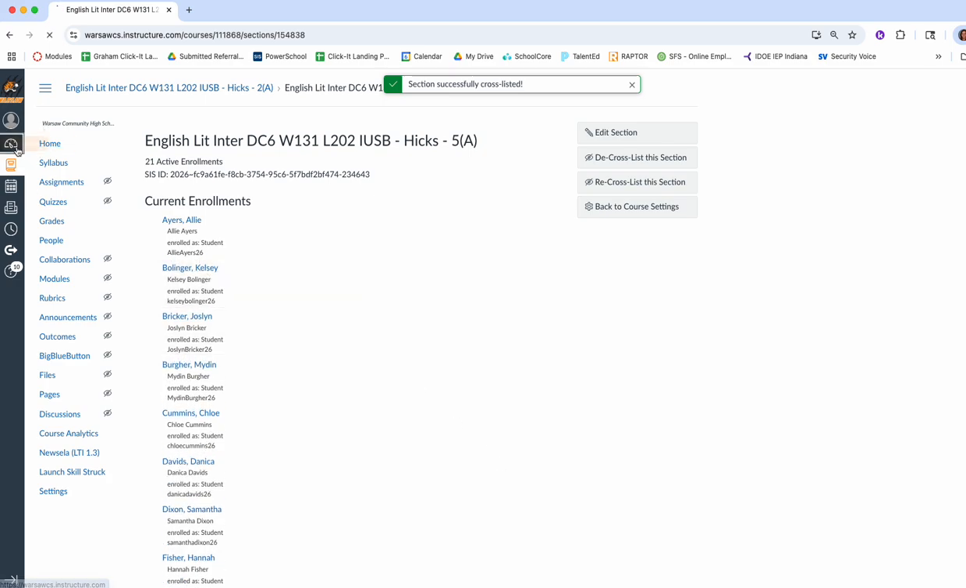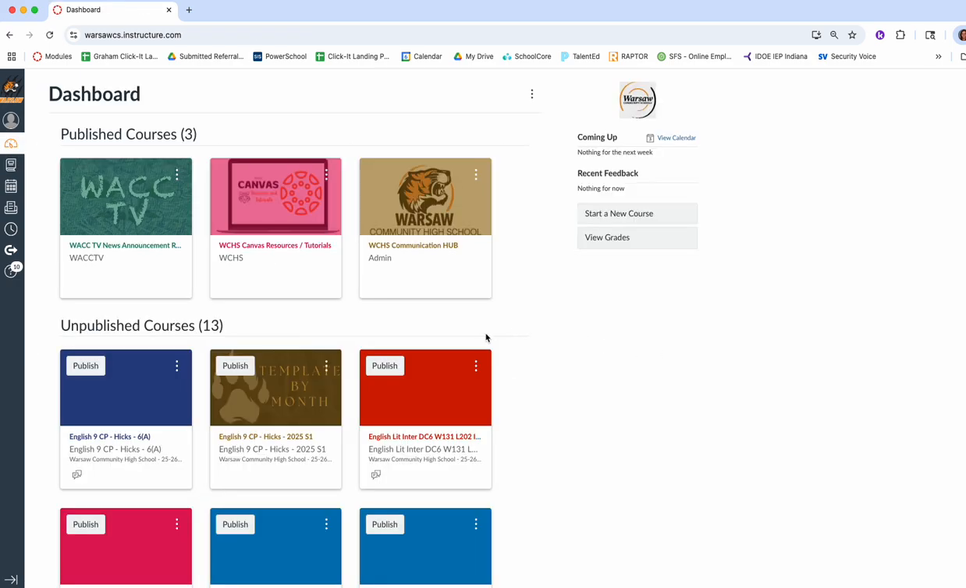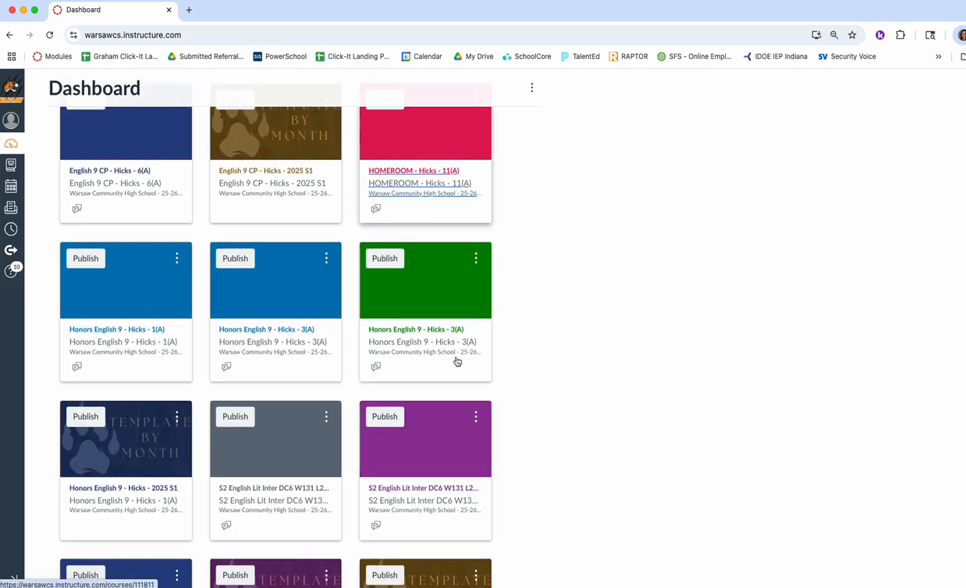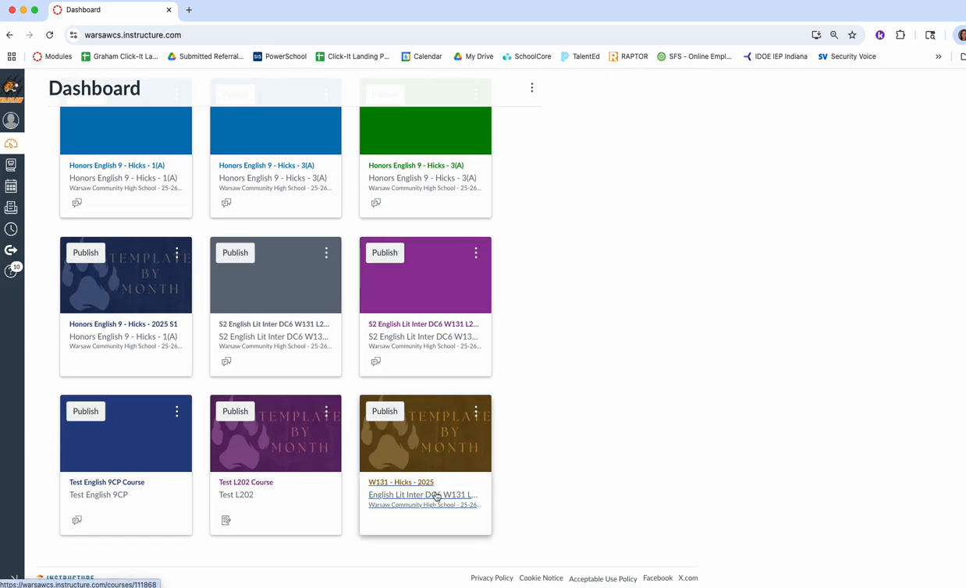So now if I go back to my dashboard, you'll see that that course is gone, okay? And down here, this now has double the amount of kids in it, and I still have my semester 2, but I don't want those. Now, let's say I want to get rid of my semester 2 classes because they're kind of in the way,